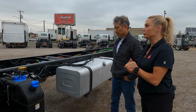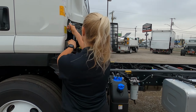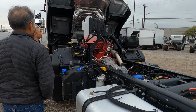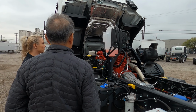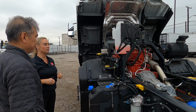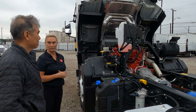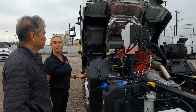What I'd like to do now is show you why this thing is such a beast. Last year, Isuzu decided to partner with Cummins, a very well thought out name. So it partnered with Cummins, and this has a B6.7 intercooled turbocharged engine, 6-speed, has 260 horsepower with 660 pound-feet of torque. To make it even better, it partnered up with Allison. Allison's another well sought out name. This has the Allison 2550 RDS